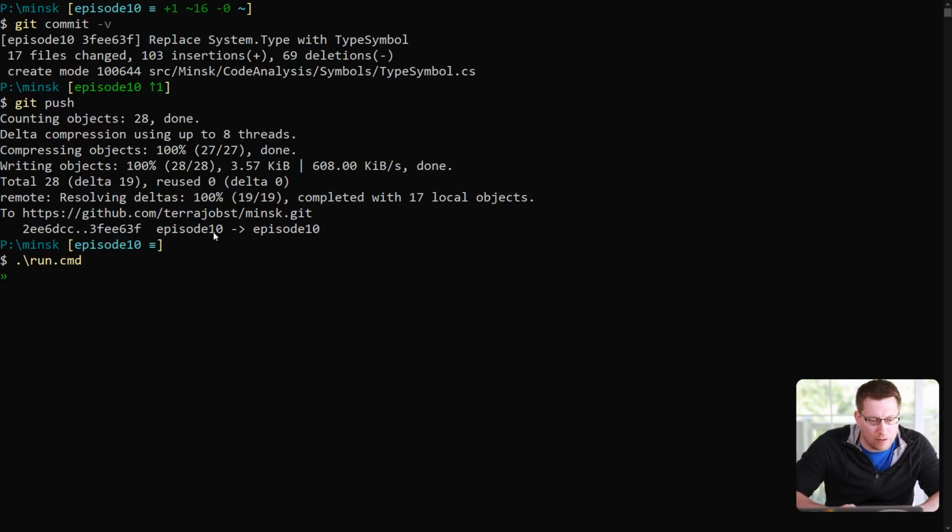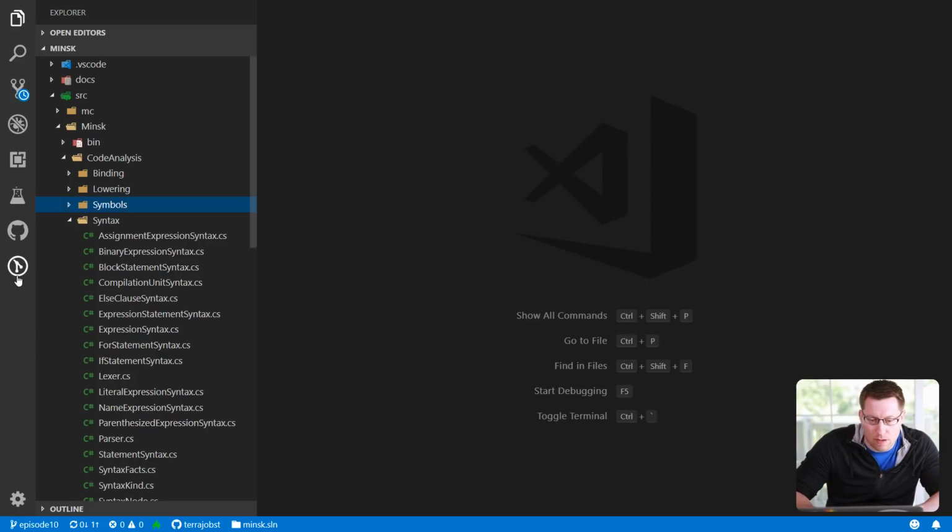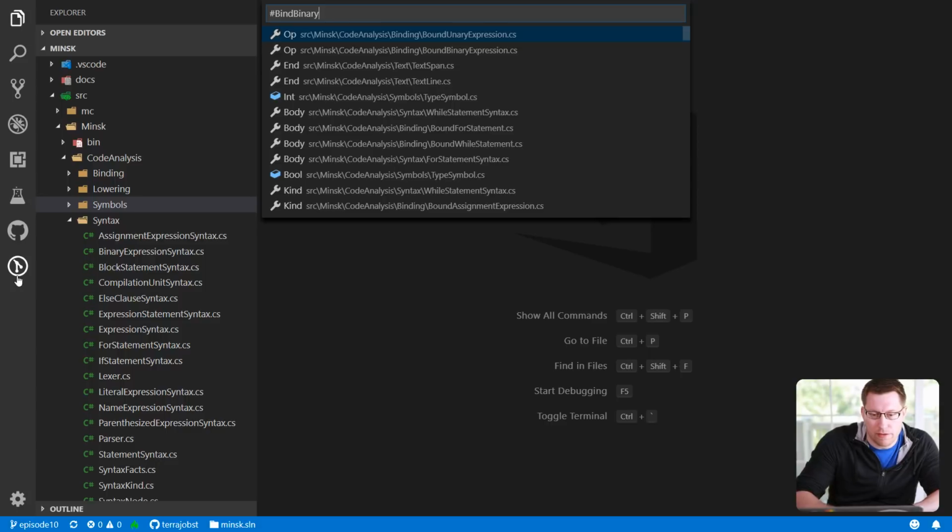So here's an example of an expression that causes cascading errors. When I say 10 times some Boolean value, we cannot really bind this expression to anything useful because there's no operator star defined for bool and int. So this whole expression will evaluate to effectively an error. But if you look at the code, if you go to bind binary expression,